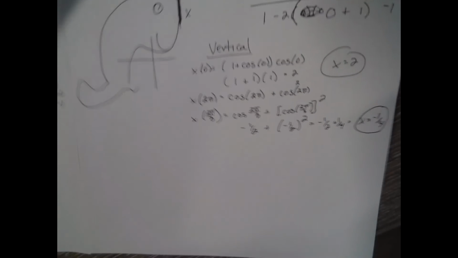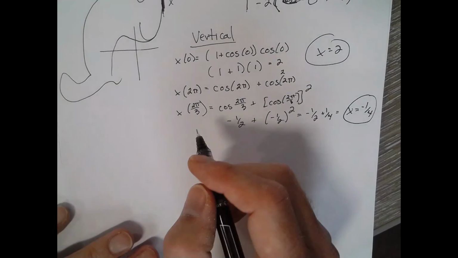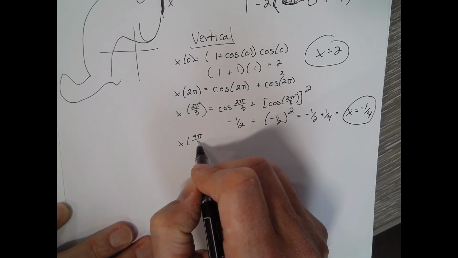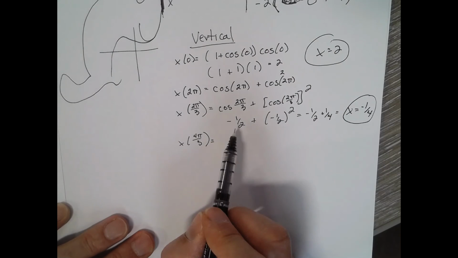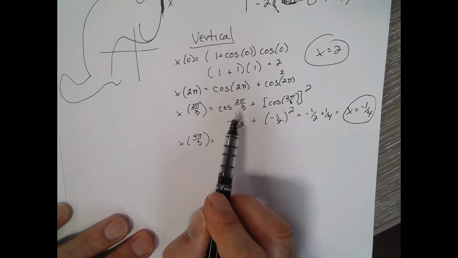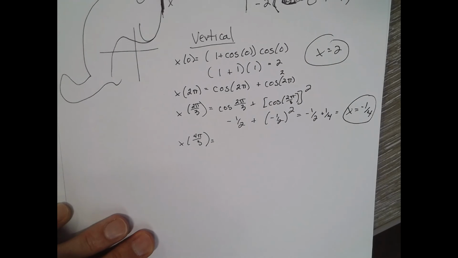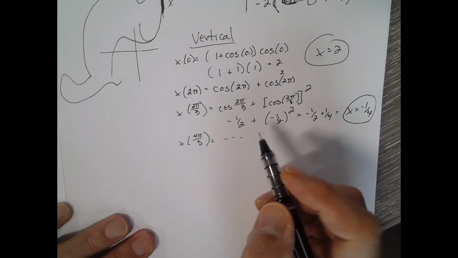I'm going to keep it on the screen here. X of 4 pi over 3 is also negative 1/2 cosine, so you're going to get x equals negative 1/4. So there are my two verticals. Horizontal,